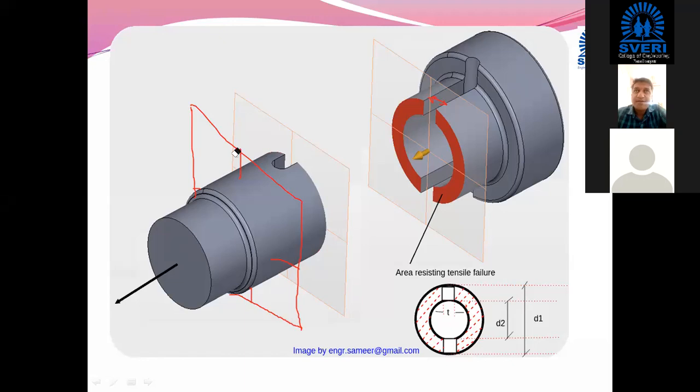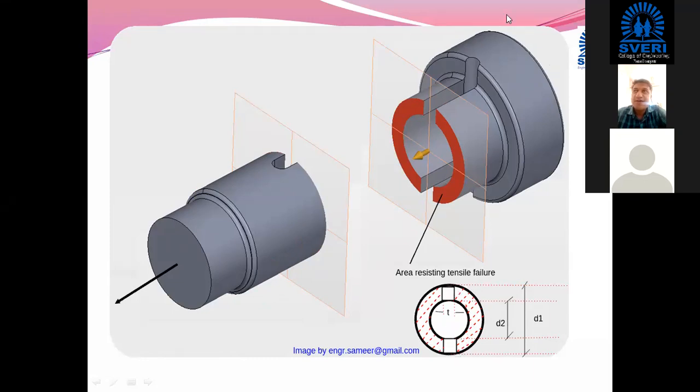Yes, sir. So that's why this plane of failure is considered at this place only. Okay. Now failure is taking place because of the tensile stresses. So tensile load P is equal to area multiplied by stress. Now we have to calculate this area. How have we calculated this area? As we have seen in the animation, this area is calculated as the total area of the outer circle minus the area of the inner circle minus these rectangular parts.